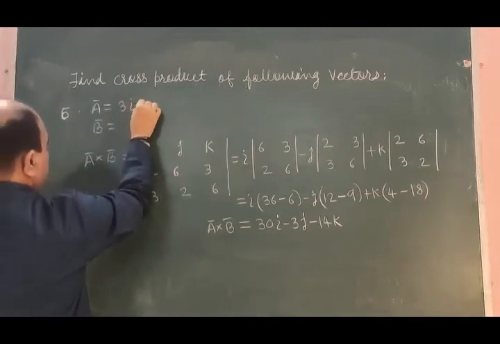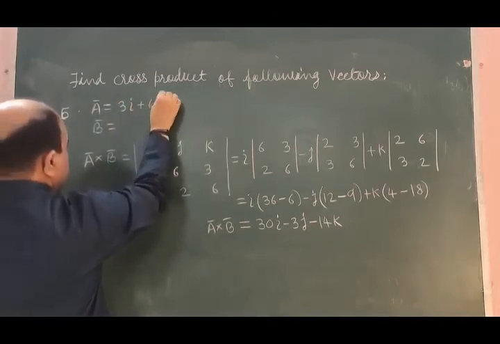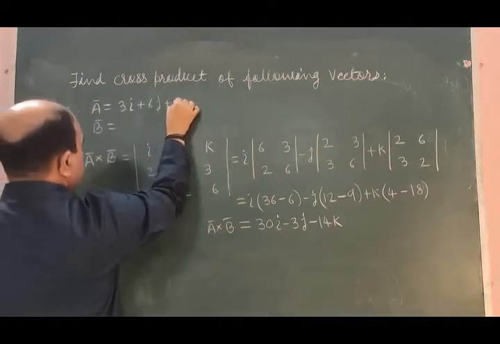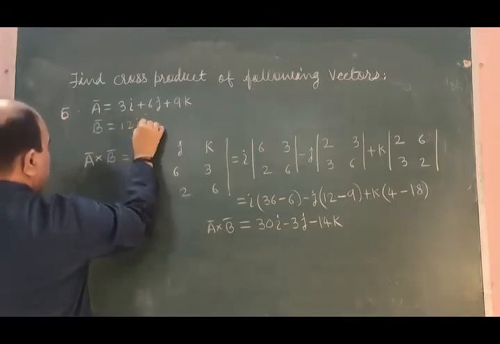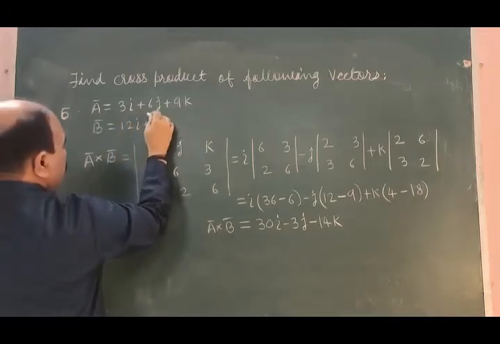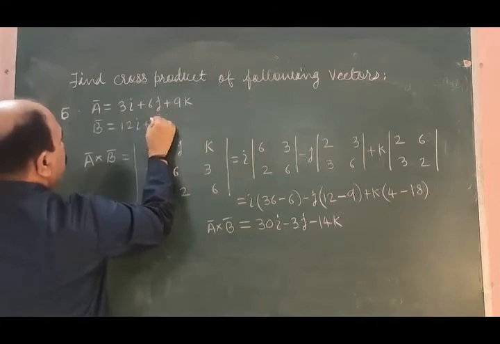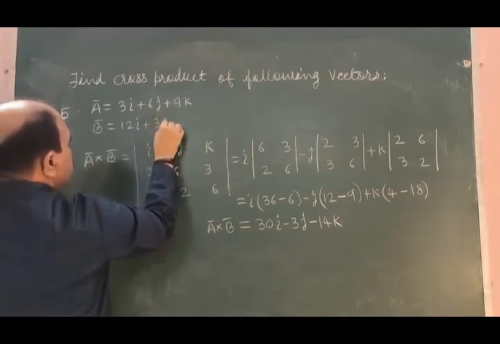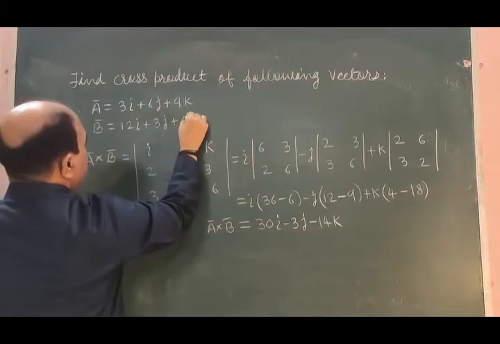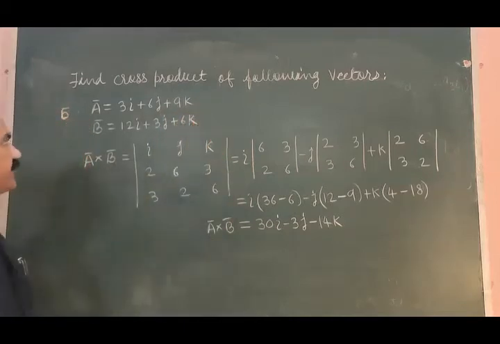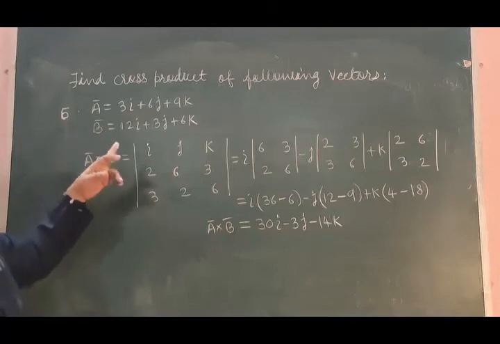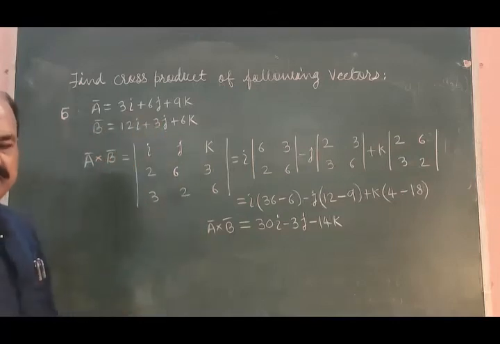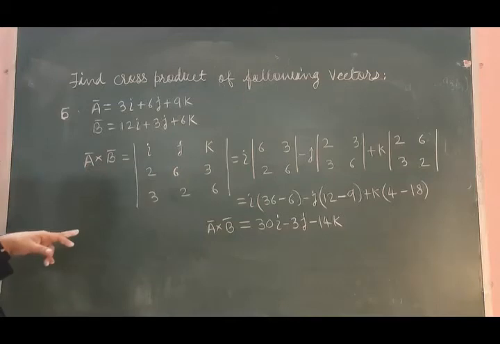3i plus 6j plus 9k, 12i plus 3j plus 6k. Now the vectors given are 3i plus 6j plus 9k, vector A. Vector B is 12i plus 3j plus 6k. Vector A cross B is